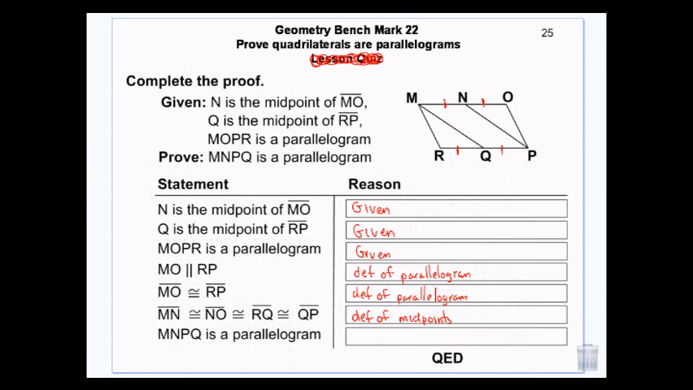They left a line out. They need to say MN and QP are parallel, but it's fine. Definition of parallelogram again. Because the opposite sides